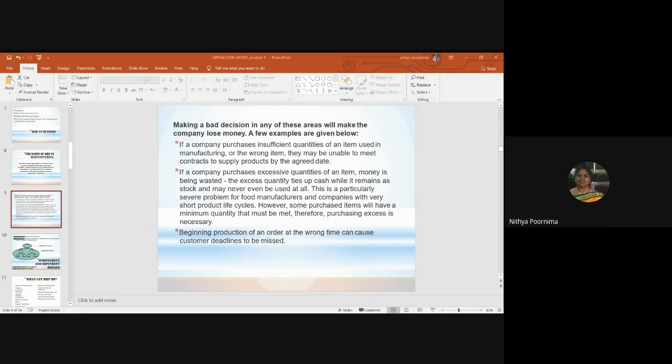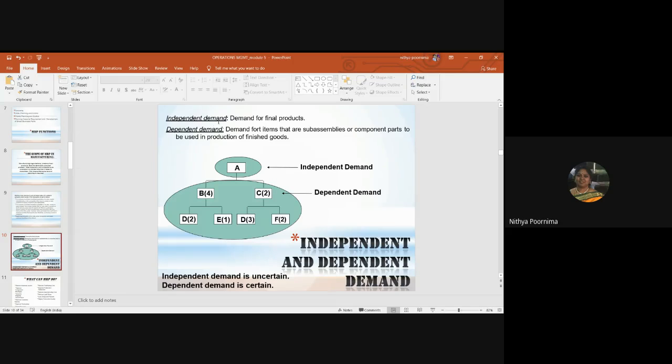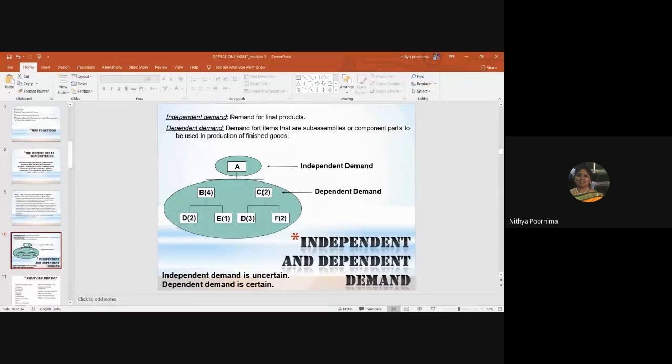Yes, ma'am. Now, when we're talking about the production line, I said already there are dependent attributes and independent attributes, which we talk about in the next slide. Now, we have independent demand and dependent demand. Independent demand means what? If I take a car company, it's the body of the car which acts as an independent demand. It's not dependent on anybody. If it is done, it is done.